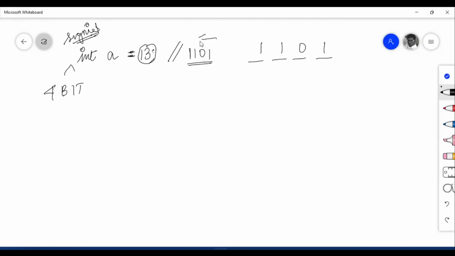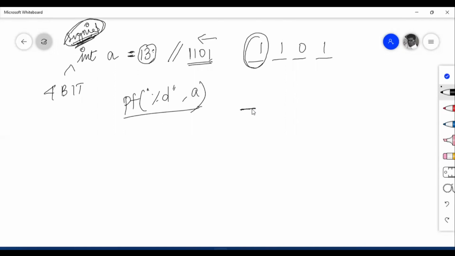After storing it, when I want to retrieve it, when I want to print it, when I say printf %d comma a, that is when it sees the data is signed. If the sign modifier says signed, it goes back and checks the MSB. Since it is 1, the output is going to be a negative number, so it prints a minus sign and converts the remaining data